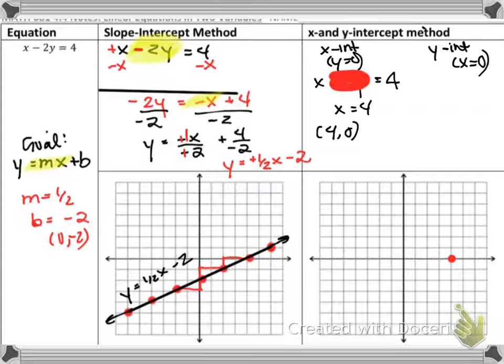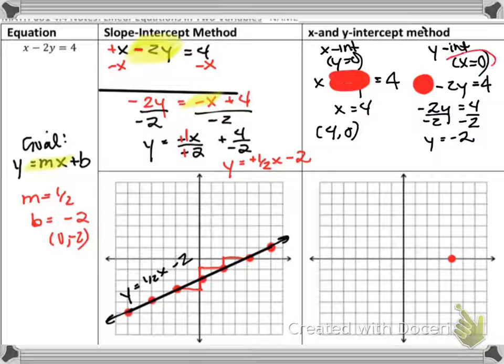So let's find the y-intercept. Remember, to find the y-intercept, we let x be equal to 0 and we can use the cover method to just cover it up. Now that negative sign is still there, so be careful. We have to divide both sides not by 2, but by -2. So our final answer is y equals -2. To find the ordered pair, we need to use x equals 0, y equals -2, and then we can plot